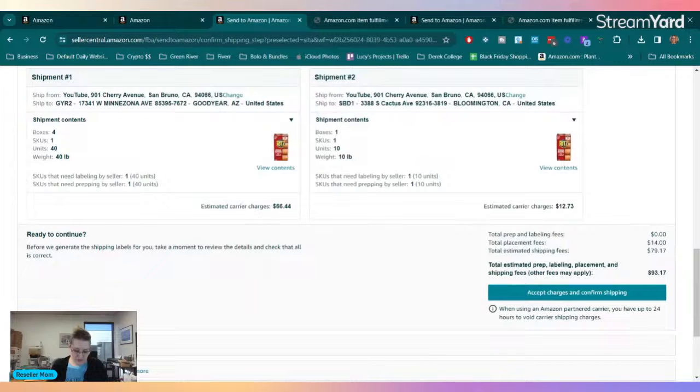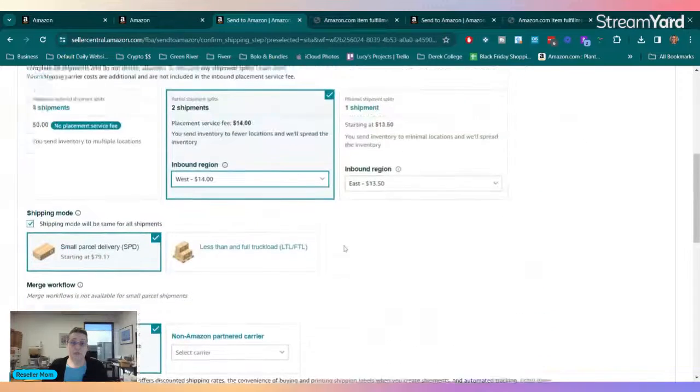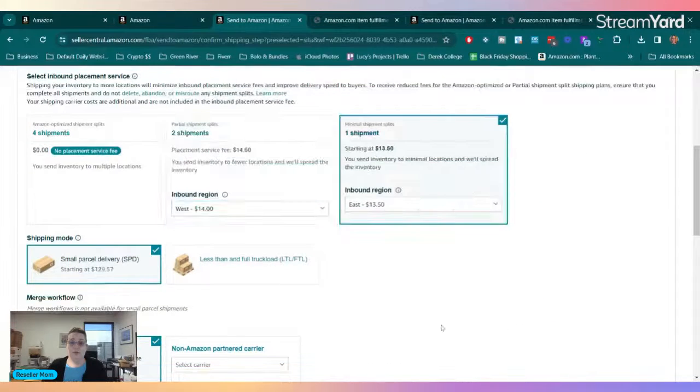So right now, we went from 110, and then the other options were 137, 127, 93. So it clearly did not default me to the cheapest. Maybe it defaulted me to the most expensive. So far, it's the most expensive, 137. Now, let's do minimal. Minimal means it's all going to go to one location, and then